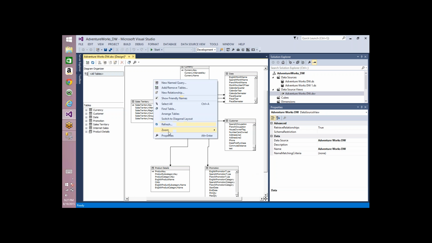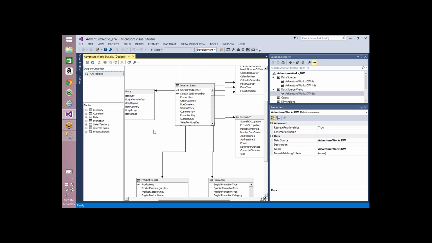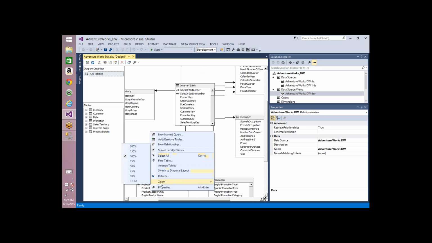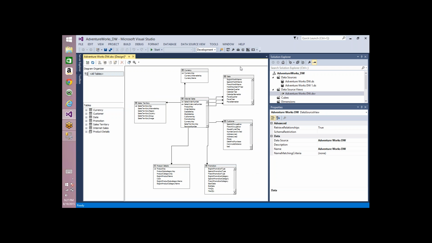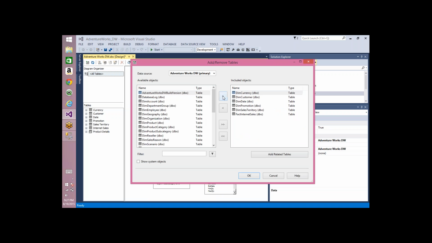Let's see the next option, zoom. This is useful if you think so, or useless if you think so. It's your wish. If you want to zoom it to 100%, it will be big, or if you want to fit it to the window, it will fit to the window. How many tables you add, that doesn't matter. Let me add everything,